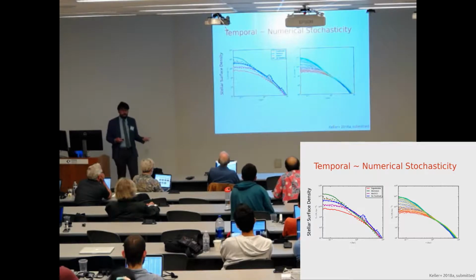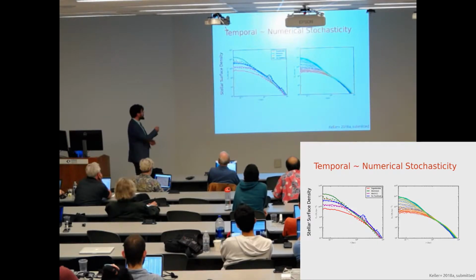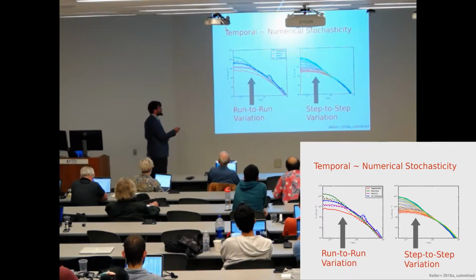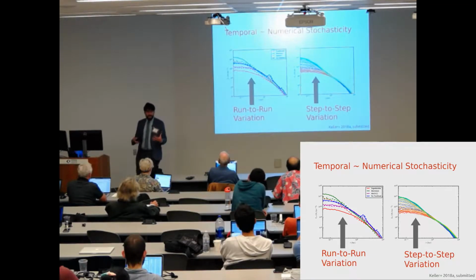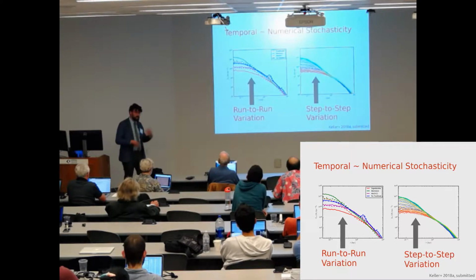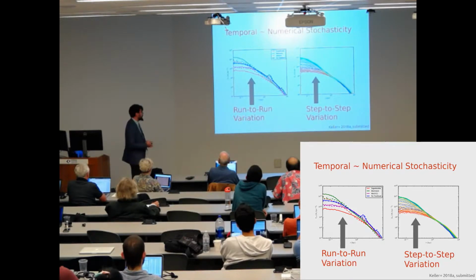We can estimate how intense this effect is by looking at temporal versus numerical stochasticity. Here are the differences between 2 pairs of runs for 4 different feedback models. And here's the step-to-step variation in just one of these runs. So if you're studying quantities that vary on short time scales, you really need to be aware of this when making comparisons between different simulations with different feedback physics,